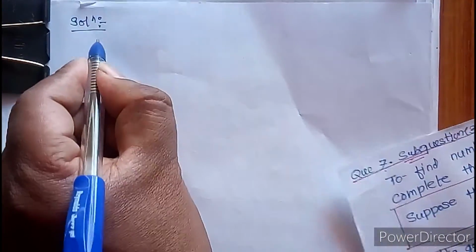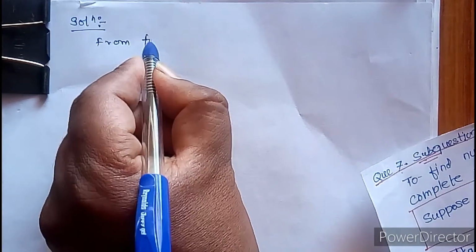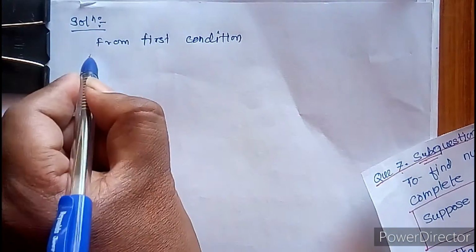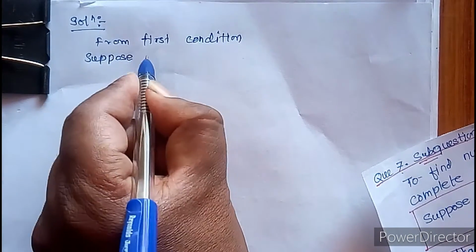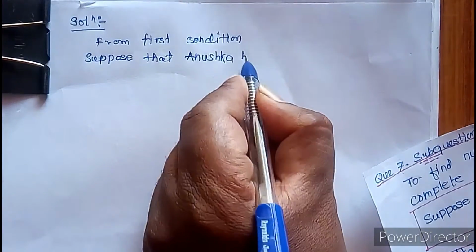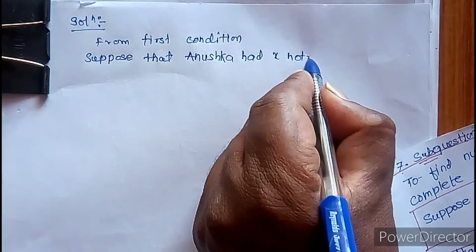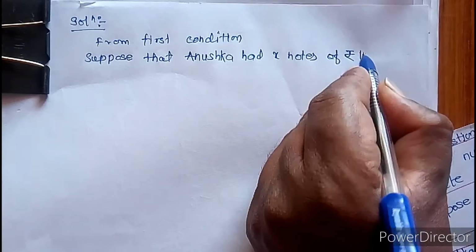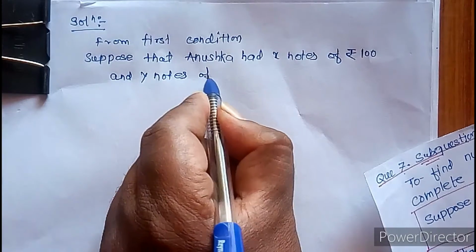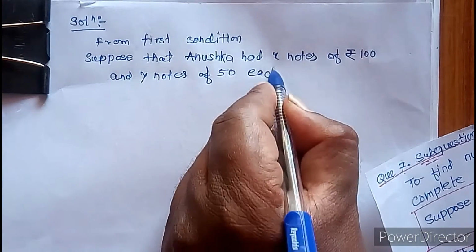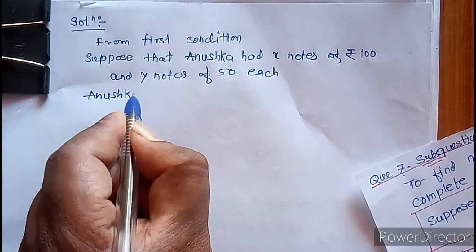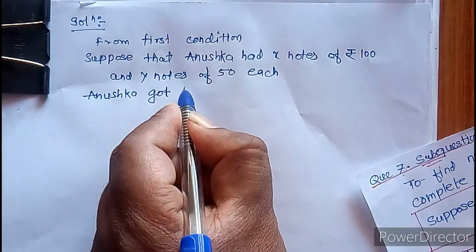Write down there, therefore from the first condition, that is, suppose that Anushka had X notes of rupees 100 and Y notes of 50 each. Therefore Anushka got rupees